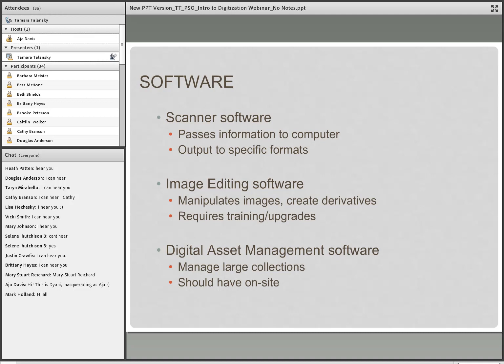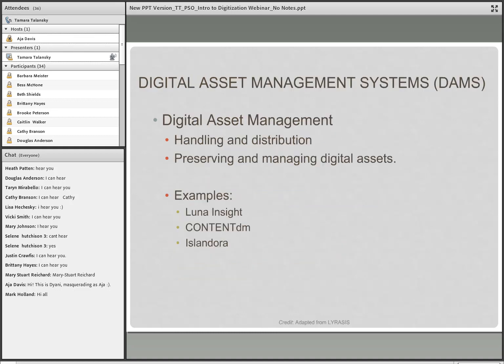And then there's digital asset management software. Digital projects can result in a large number of files that will need to be managed. So there is software available that provides a quote-unquote out-of-the-box solution for the creation of workflow management. So you will need some type of digital asset management on site, but we'll talk about this next here. You can think of a digital asset management system as the hub where your assets live, where you can move them around and work with them. They basically create a centralized area for you to access your assets.